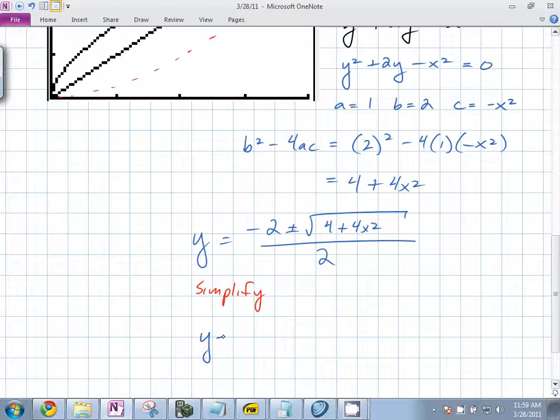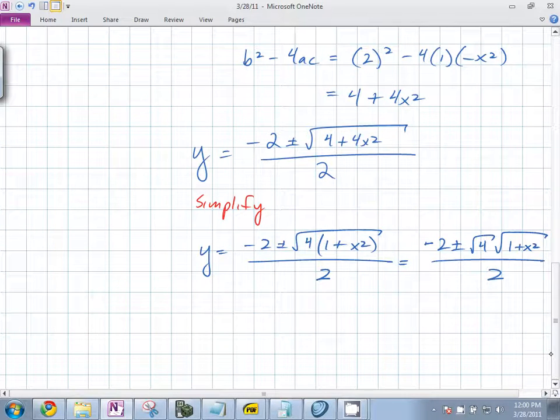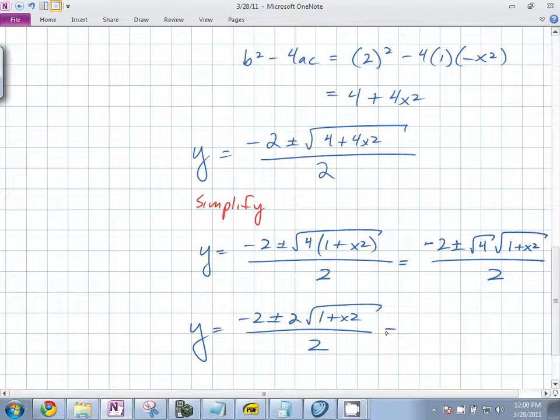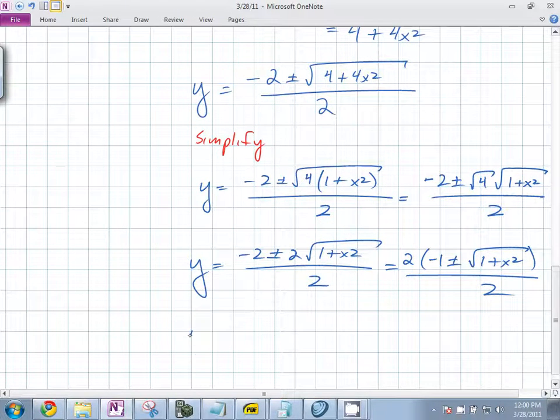Yeah. 4 times 1 plus x squared, all over 2. Well, that's negative 2 plus or minus the square root of 4 times the square root of what? All over 2. 1 plus x squared. What's the square root of 4? All over 2. What can we factor out of the top? 2. Negative 1 plus or minus the square root of 1 plus x squared all over 2, what cancels? So you're left with negative 1 plus or minus the square root of